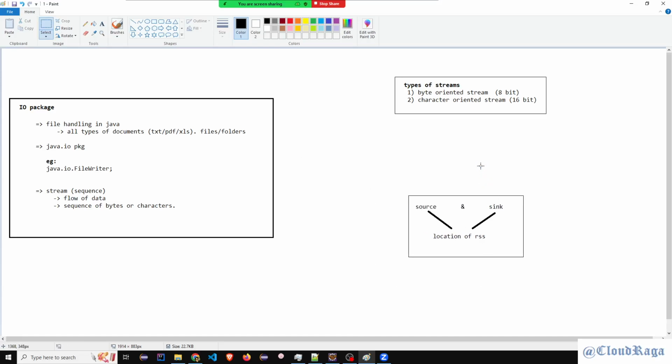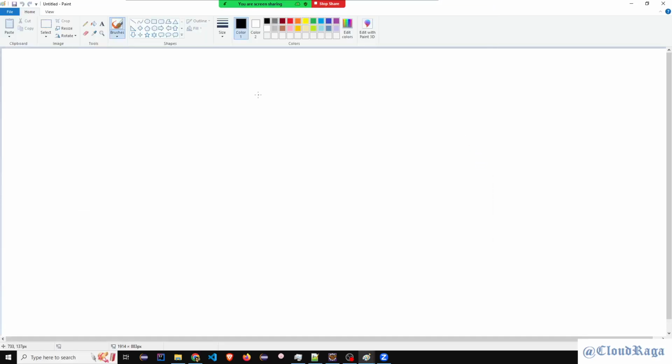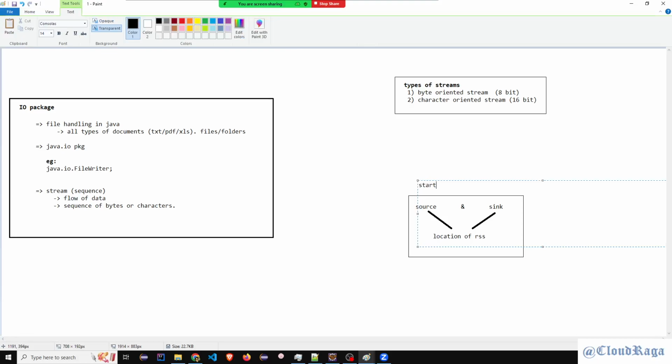What is source and sink? Source is from where the request is initiated, the starting point, and sink is the end point. In simple terms, it's a starting point and that's the end point.